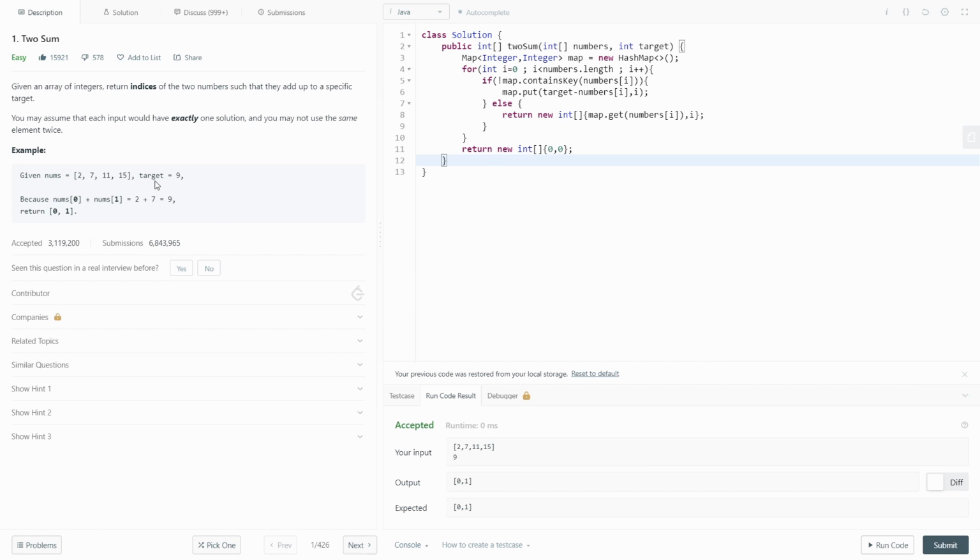So I hope it makes sense. If it doesn't, just rewind the video and watch it again. If it still doesn't make sense, try to look at other examples and understand how those examples work.